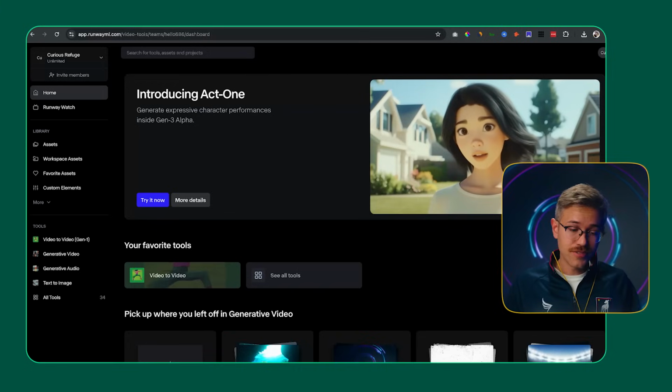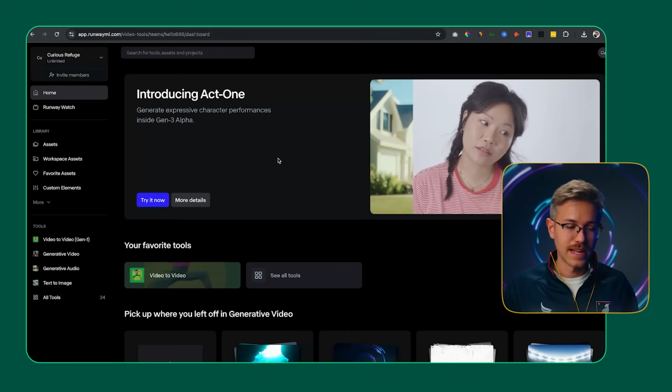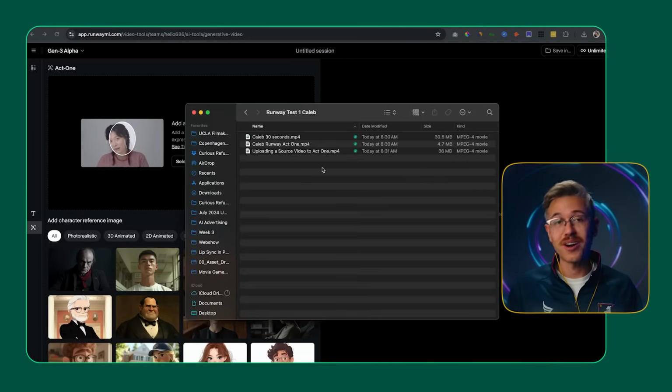To use the tool, all you have to do is go to the Runway website. They have this big button for Act 1 at the very top, and you can go ahead and click Try It Now. So for our example, I am going to use this video footage of me talking inside of the